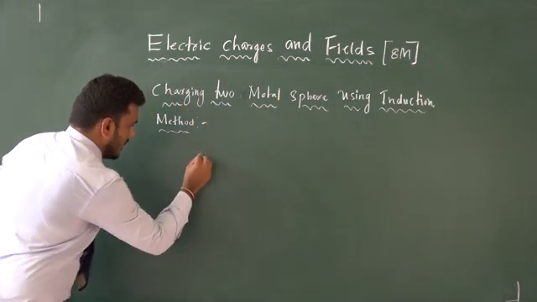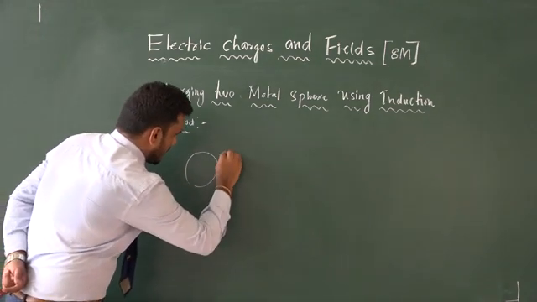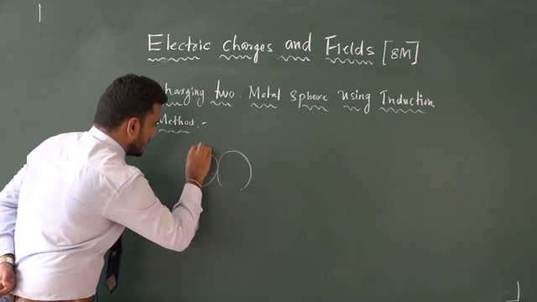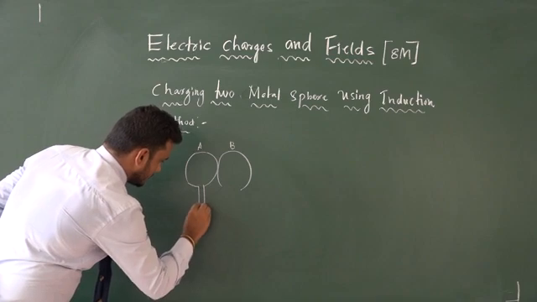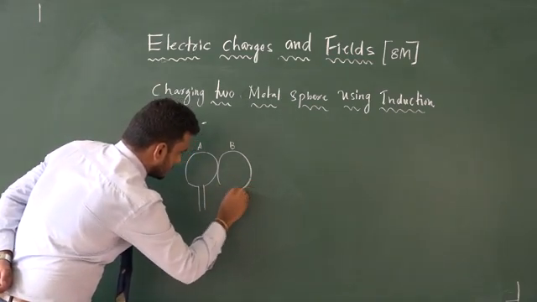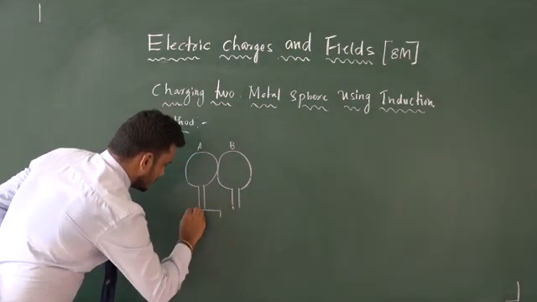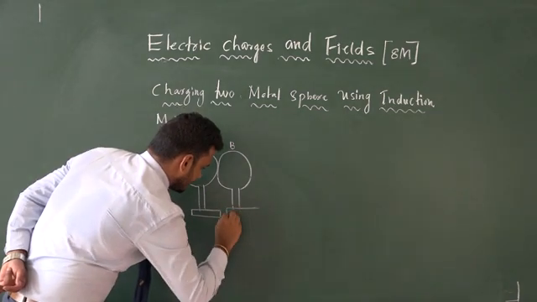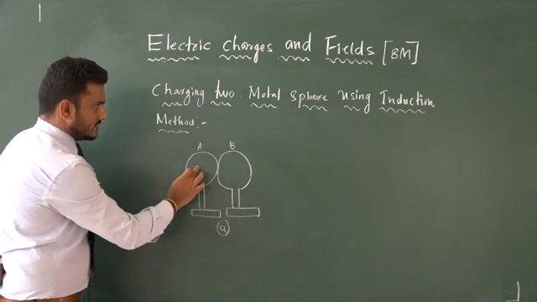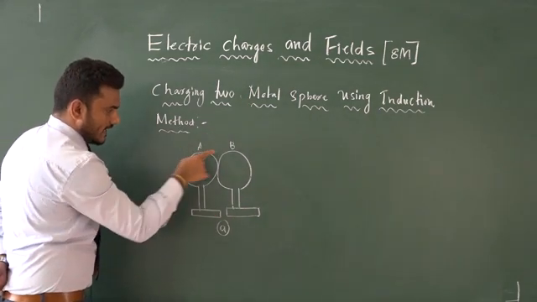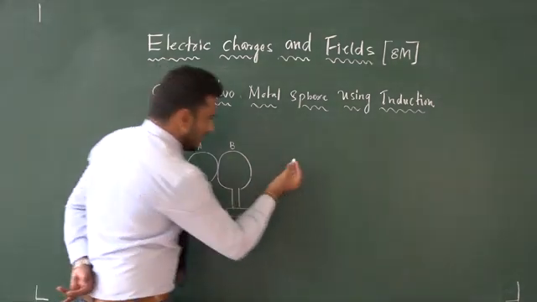For this I am going to consider two metal spheres, A and B, supported by an insulating stand. So in this picture I consider two metal spheres, namely A and B, supported by insulated stands. Now in the second case,